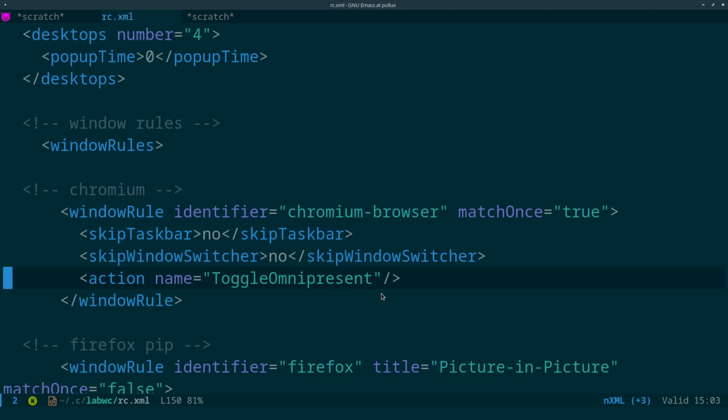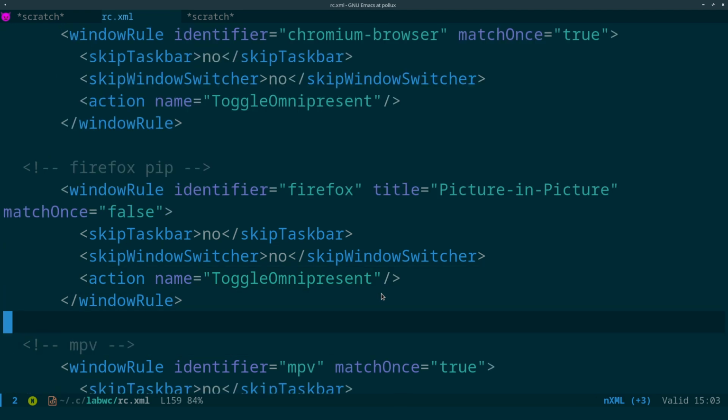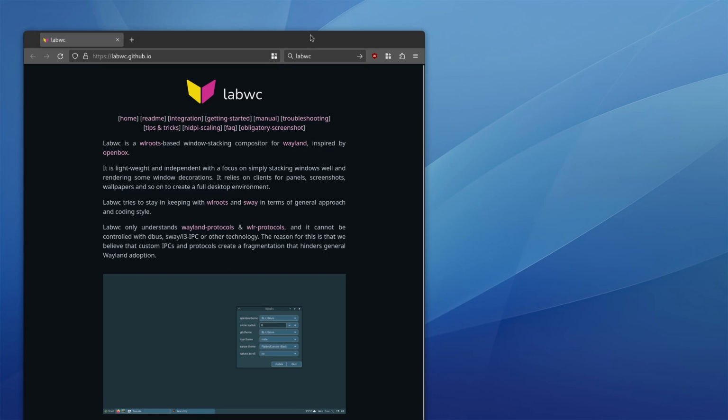And it will always be on that display even if I switch workspaces. Okay, so the next one we've got here is Firefox picture in picture. So as you know, you can come to